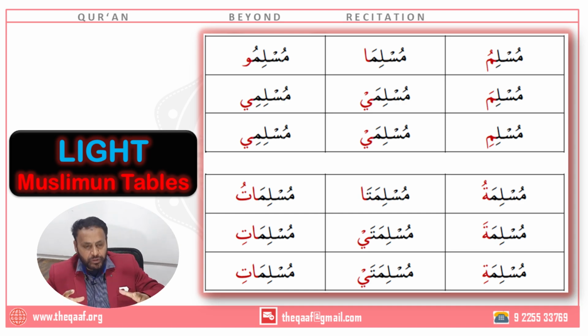That's why some things should be handled at the right time. So for those of you who have already memorized the masculine table and feminine table, now all you need to do is memorize this new table, and you know the logic of it. So you can even make the table on the fly. Muslimun becomes Muslimu. So the new table is Muslimu, Muslima, Muslimi, Muslima, Muslimai, Muslimai, Muslimu, Muslimi, Muslimi. And the same thing with the feminine. Just don't pronounce the noon and you've got a new table.